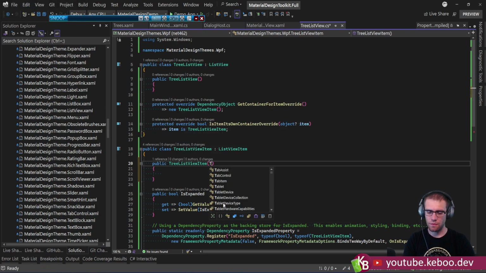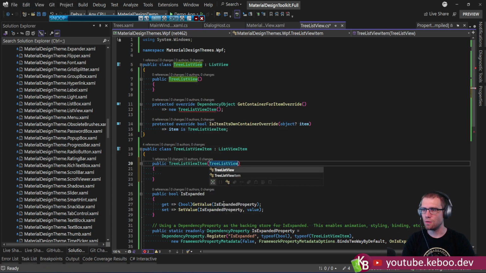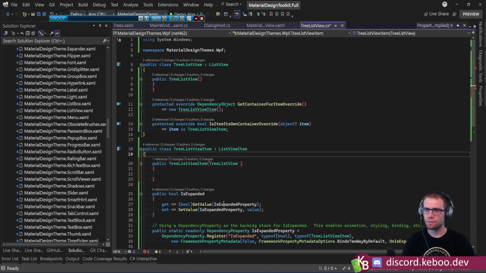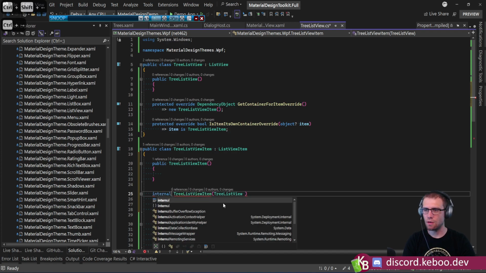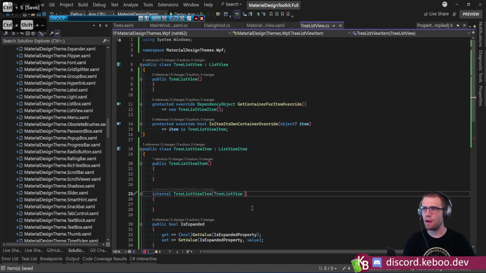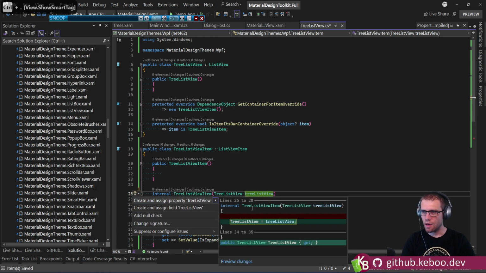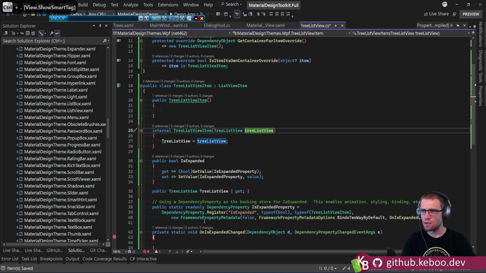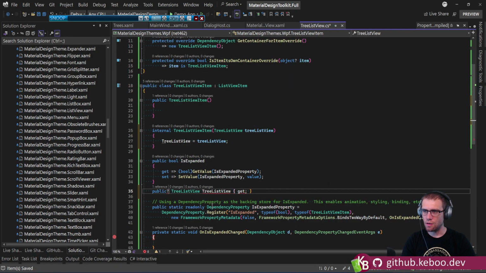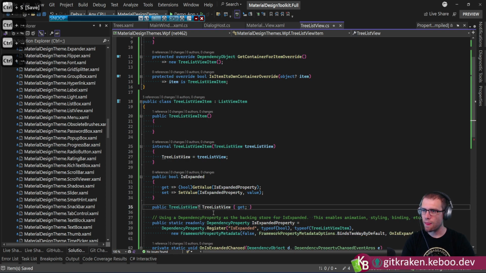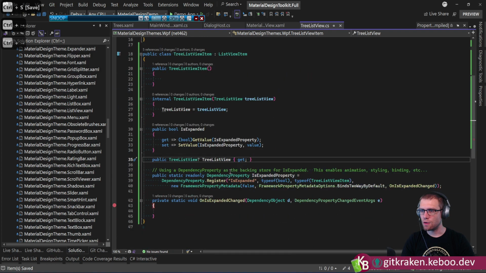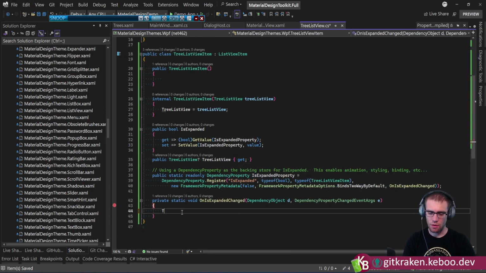Let's see. ListView. We're going to make you internal because I don't want other people abusing this. ListView. Create and assign property. That sounds great. Nullable sounds great. That's not where you put the question mark, unless you're really confused. Okay, so tree list view,